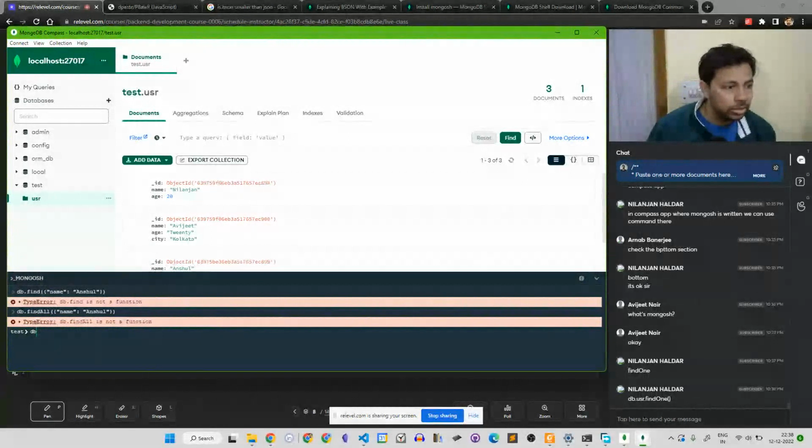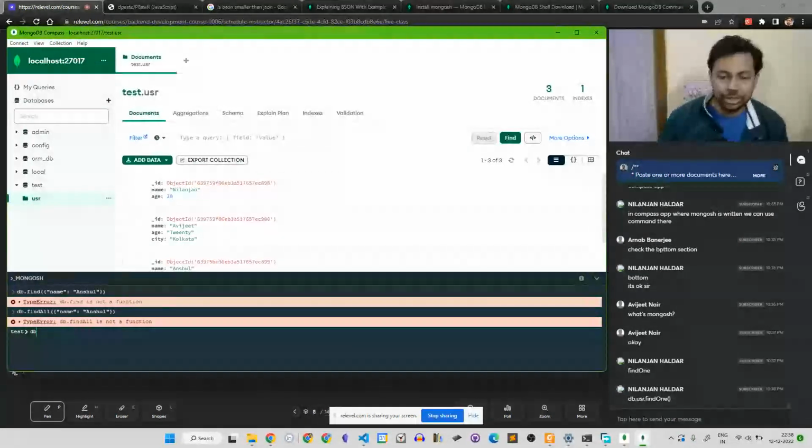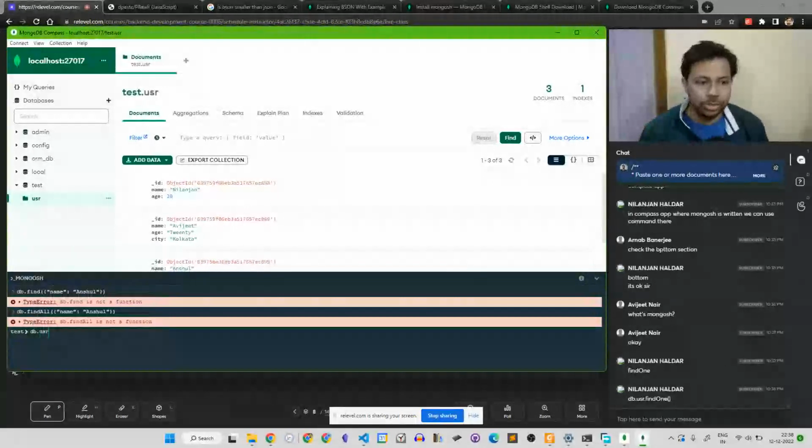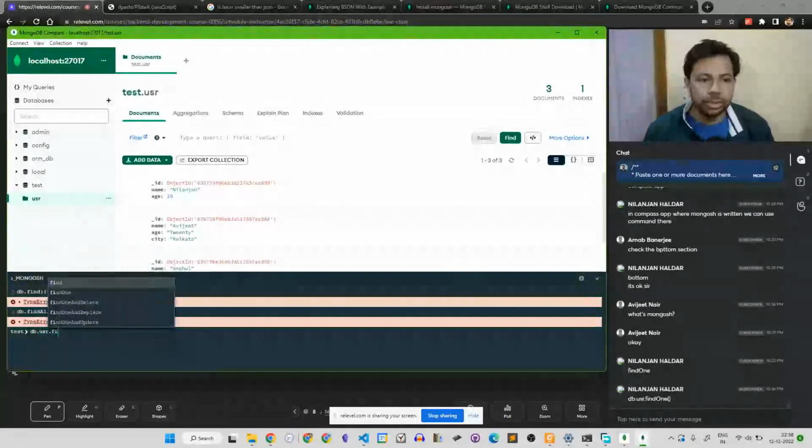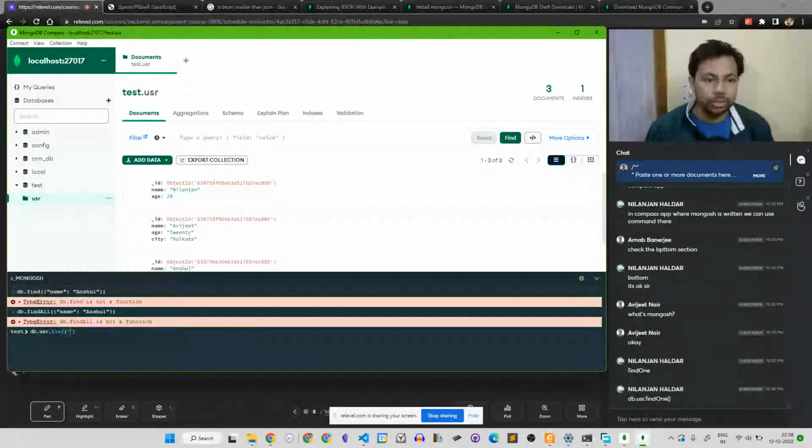Set many. Oh, yeah, got it. This should be user. You have to write the user, then you can do find. You have to define the collection on which you are finding, then you can do Anshul.